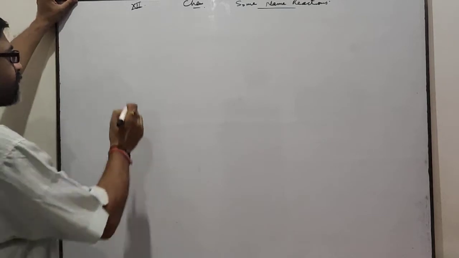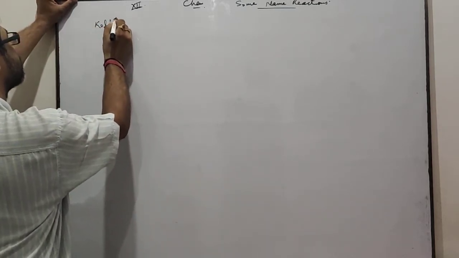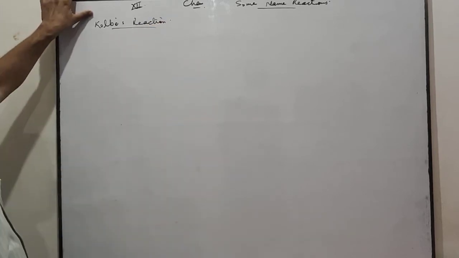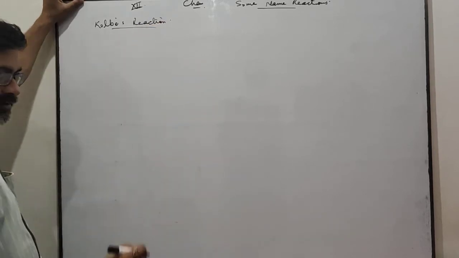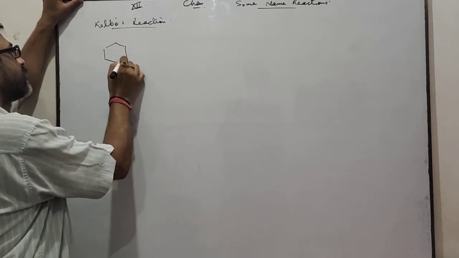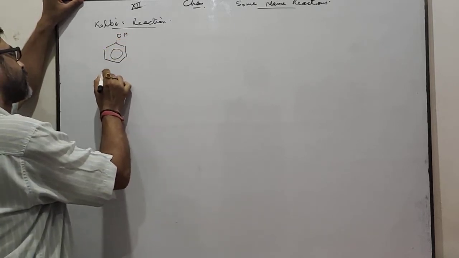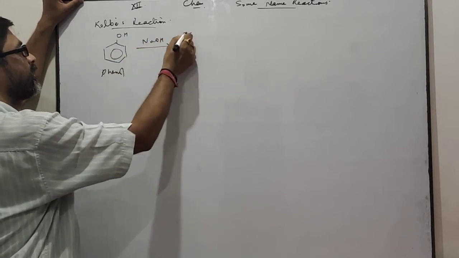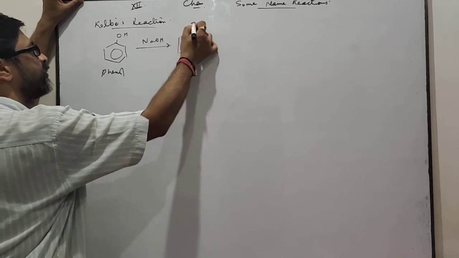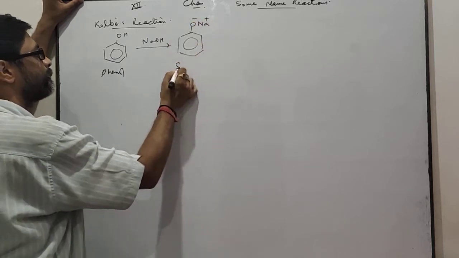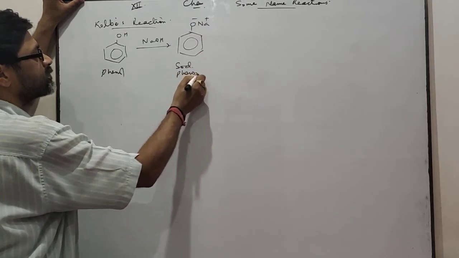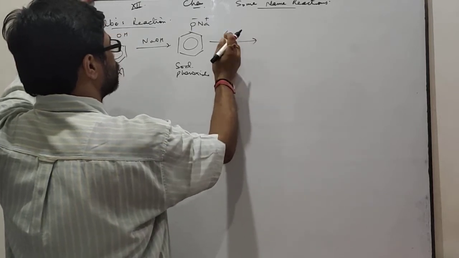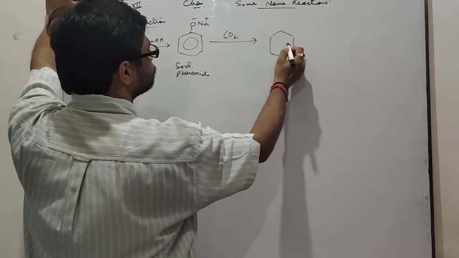The second one is another reaction, Kolbe's reaction. What is the Kolbe reaction? Kolbe is the name of a scientist. This reaction is also related to phenol. In this reaction, phenol first of all reacts with NaOH to form sodium phenoxide, ONa. This one is sodium phenoxide. And this sodium phenoxide on reaction with carbon dioxide forms